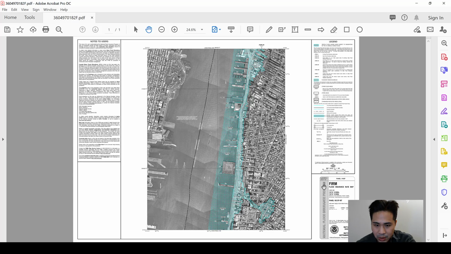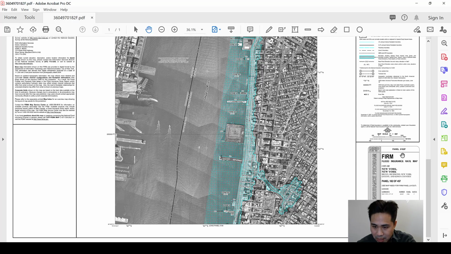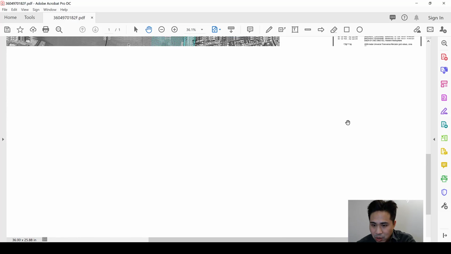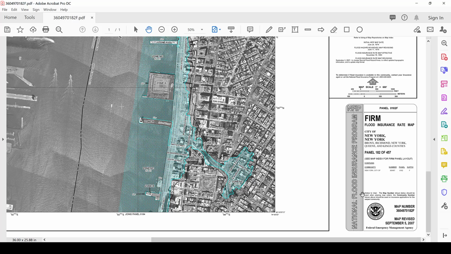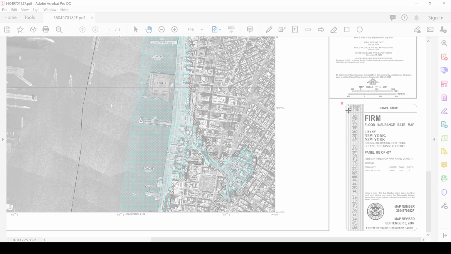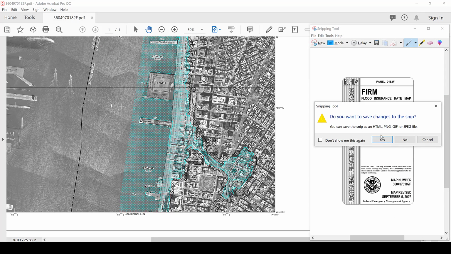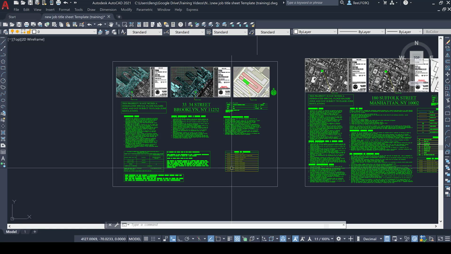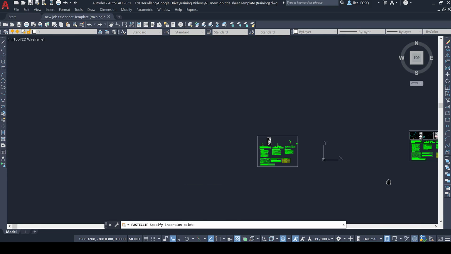Now once that's converted and you have the map open, what we're going to do now is take a snapshot of this section right here, which has the information on what panel map it is, as well as the map number here, as well as the date. In Windows there's a snipping tool that I'm going to use to crop the image, and I'm just going to make a window here to select that image. Okay, now I'm going to go to my AutoCAD